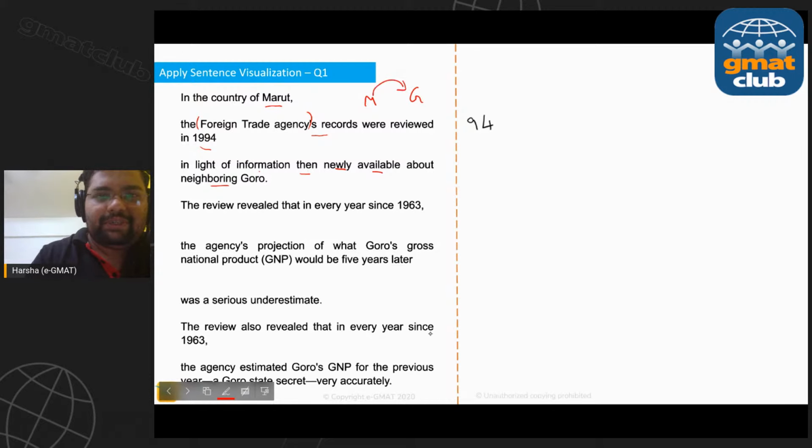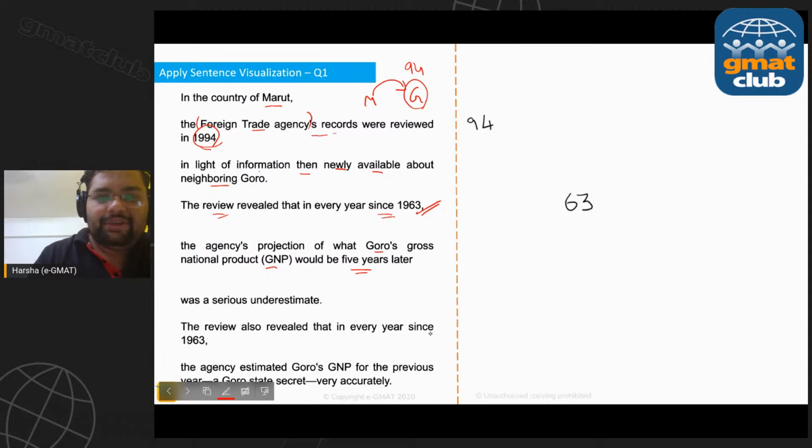Marut is trying to estimate something about Goro. Foreign trade record is trying to see something. But the point is, some new information came to light in 94 about this neighboring country called Goro. So far, so good. Everything is clear. The review revealed that in every year since 1963, the agency's projection of what Goro's GNP would be 5 years later,